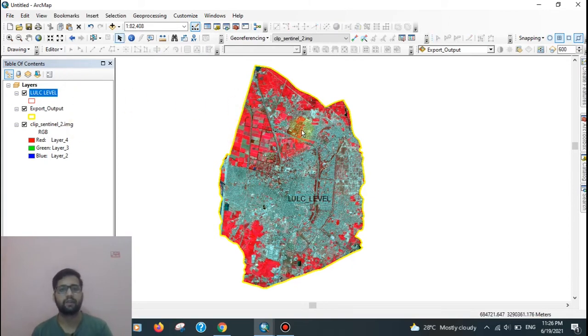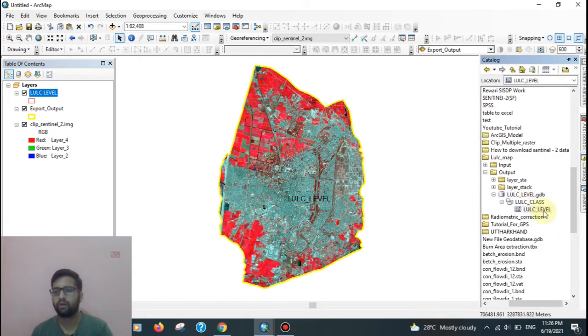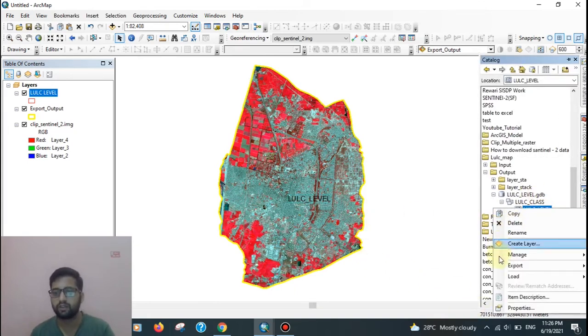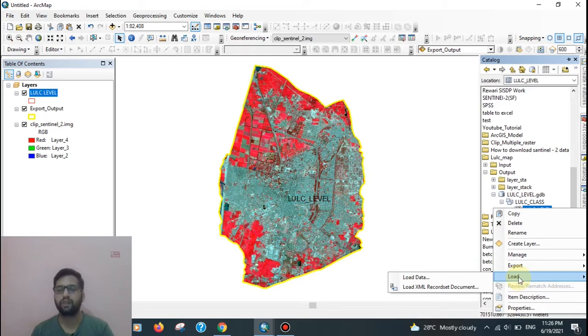Okay, so after completing the process you have to add the study area boundary, or load the study area boundary in the geodatabase, because to create a land use land cover map you always have to use cut polygon, not create feature.